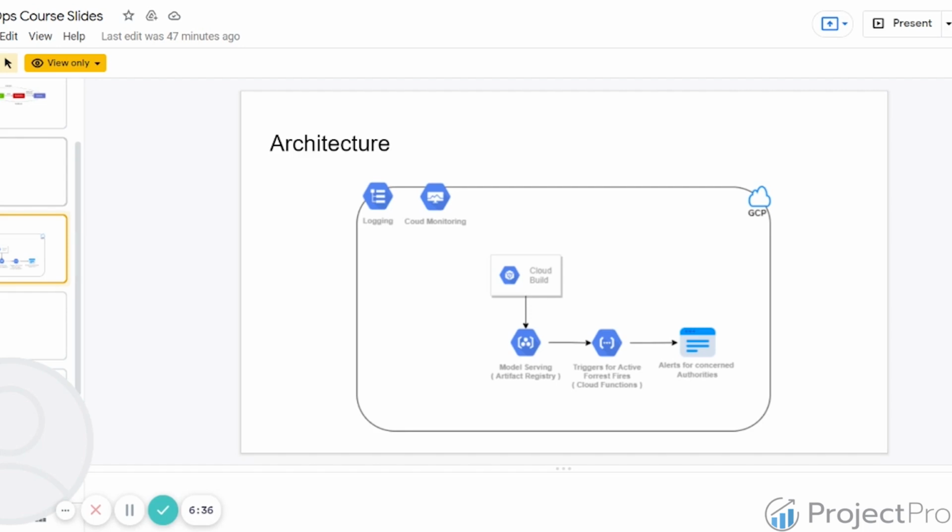The Cloud Build will take the Dockerfile from your source repository and trigger a build from that Dockerfile with the code that is packaged inside the Docker. We will create an image and push that image into Artifact Registry, also called Container Registry. From there, once there is an image that has been uploaded into the Container Registry, we will trigger the Cloud Function, which will take care of getting the Docker image from the Container Registry and putting that image into Kubernetes.